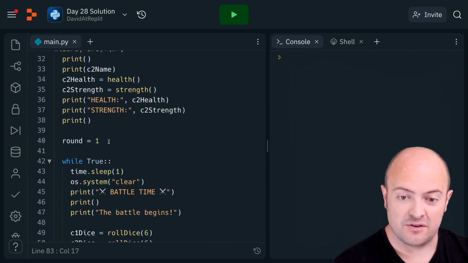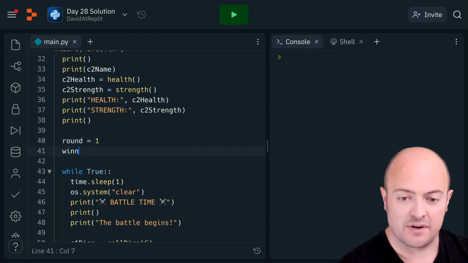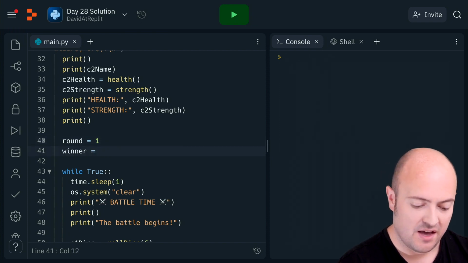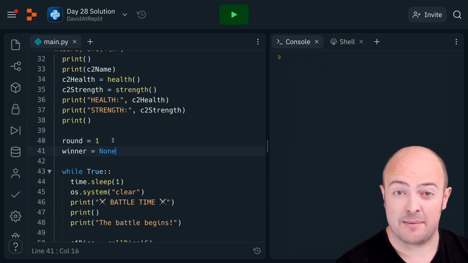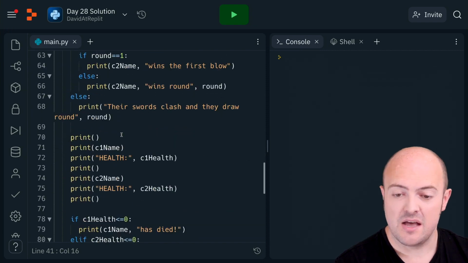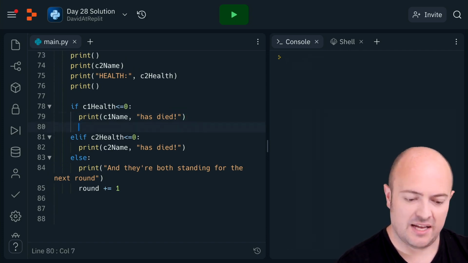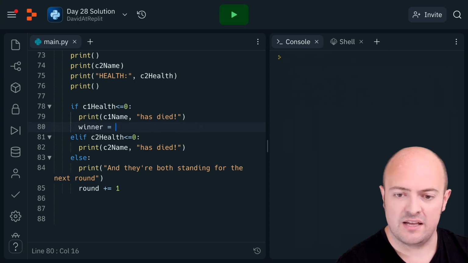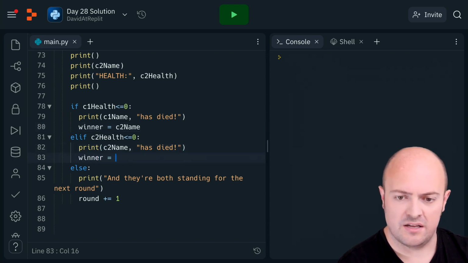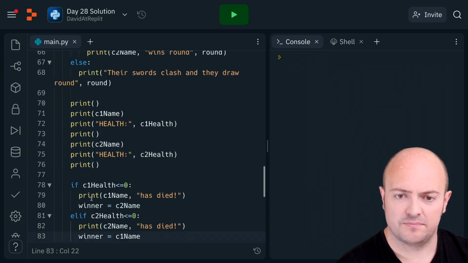So what I'm going to do is go back to the top of my loop, and create a variable called winner, and set it to None at the moment with a capital N, which means there's nothing there. That's a useful variable data type, actually. None means I want something, but I don't want to set it just yet. Now I'm going to say winner equals C2 name, and for this one, winner equals C1 name, and then after the loop,